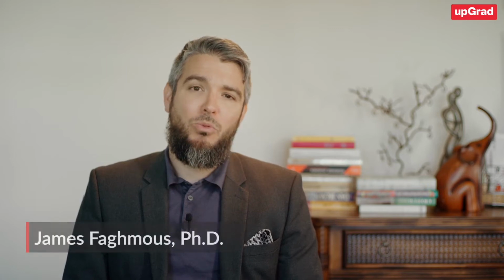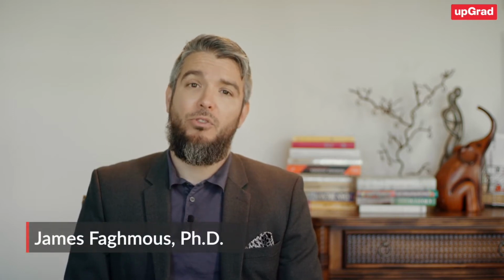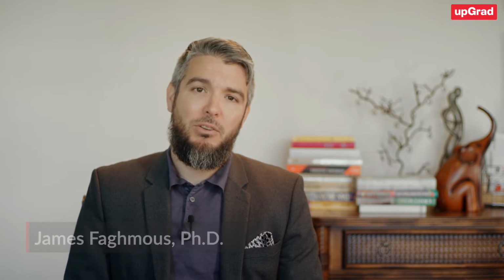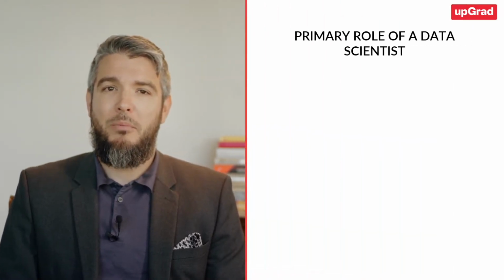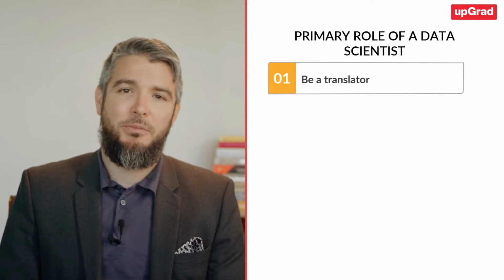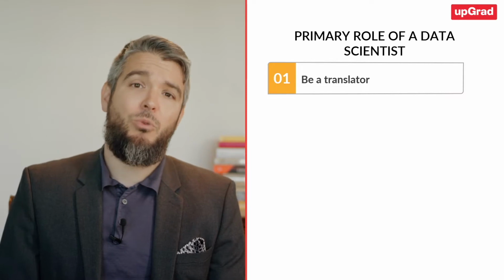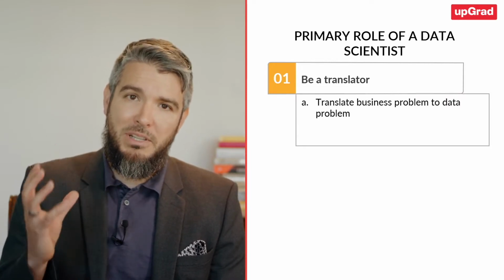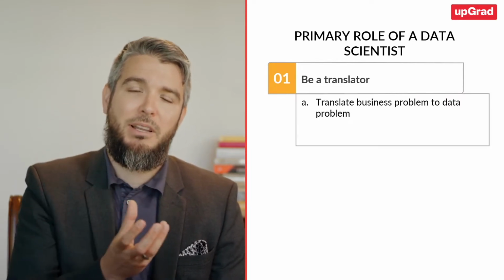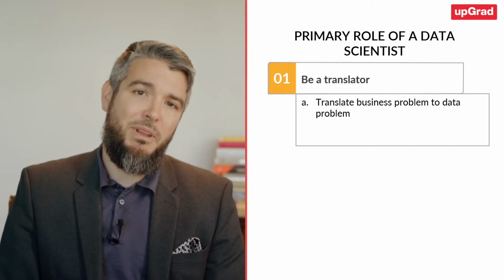So now we've put together quite a few powerful building blocks towards being an effective data scientist. I want to take a moment to just describe your objective as a data scientist in your organization. So really the primary role of a data scientist is to become a translator. What do I mean by that? Your first job, even when you're starting, is to take a business concept and translate it into machine learning.